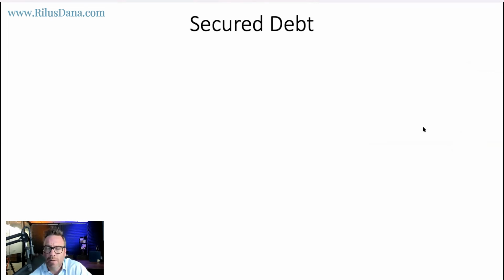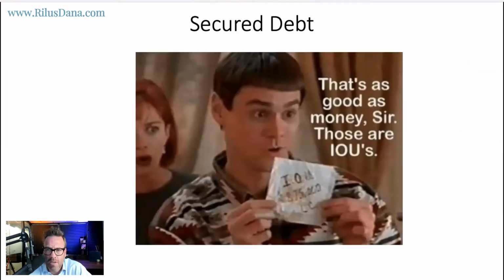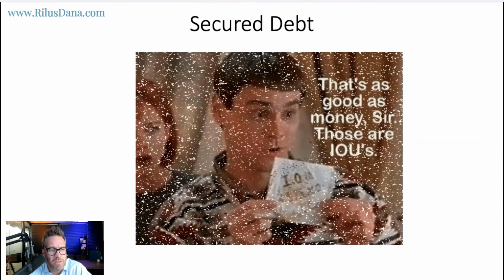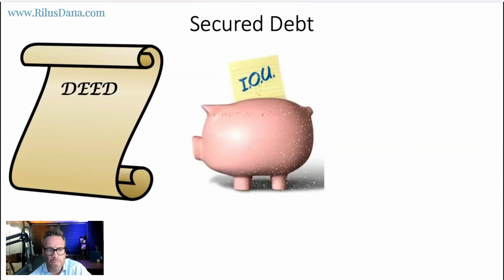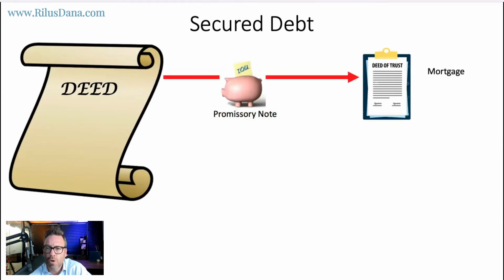Now let's talk about debt, secured debt. So an IOU is basically a way to think of debt. In real estate, mortgages get secured against the property. So there's another document also called a deed, usually called a deed of trust. But that attaches the debt to the property. So if this property was ever sold, the new buyer will see this debt. They'll see that they have to pay off this debt or continue to take over this debt.